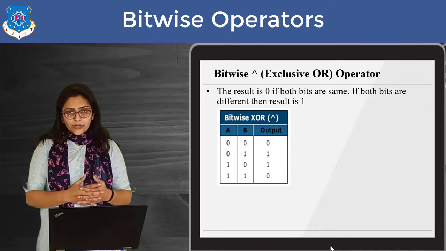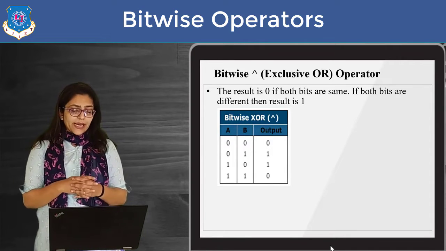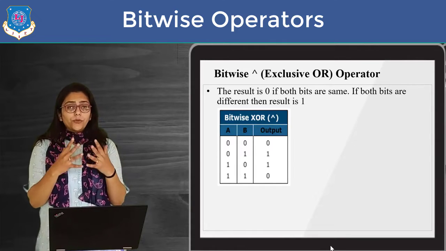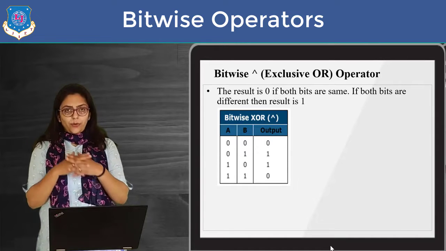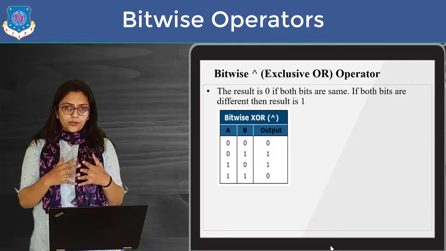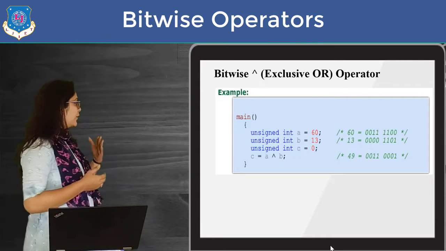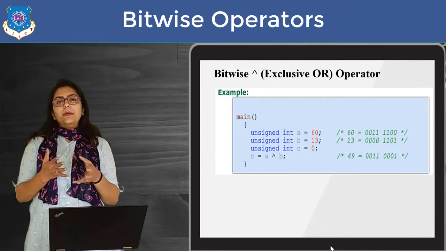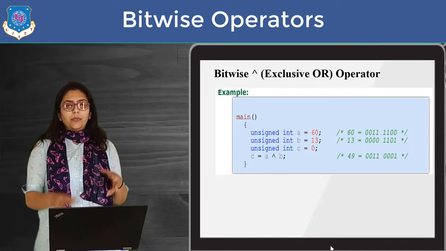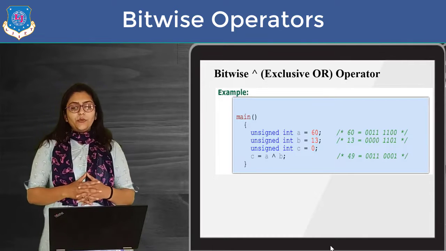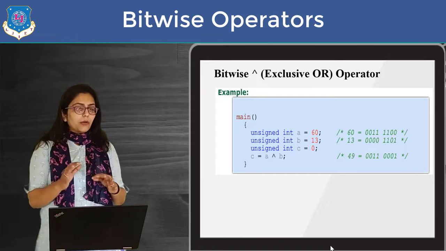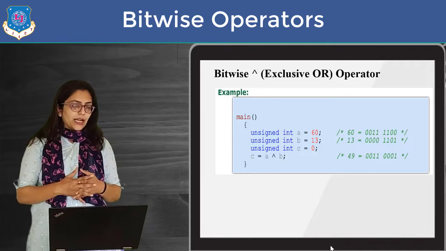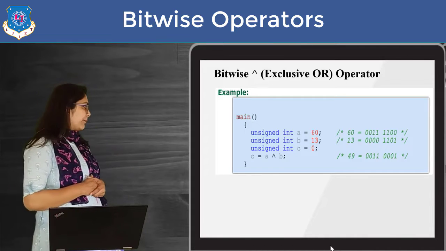Now bitwise exclusive OR is like an exclusive OR gate. Exclusive OR gate is a kind of gate in which if both of the inputs are equal, then the answer will be 0. Otherwise, if one of the inputs is changed, then the answer will be 1. So for 0 0 and 1 1, the answer will be 0, but for 0 1 and 1 0, the answer will be 1. So according to this truth table, if you see this program, then you will see that for 60 and 13, if we are exclusive ORing them, then we will get a different answer, that is 49. You can see the binary for 49 over there.